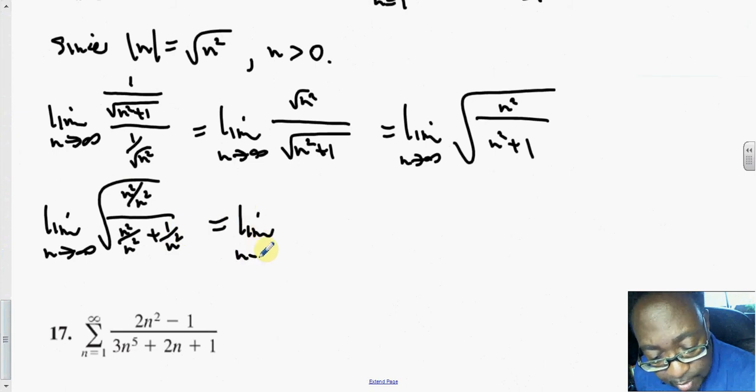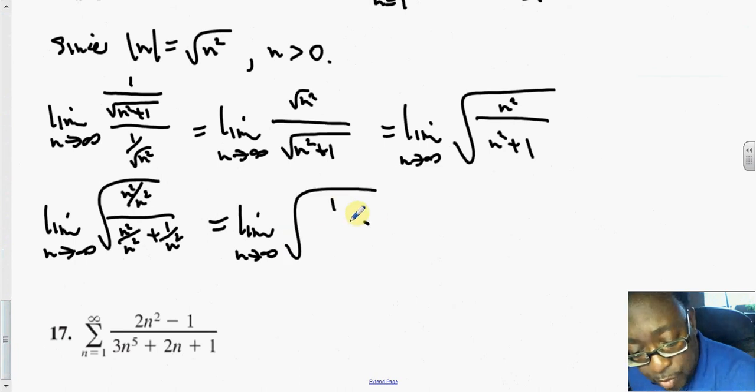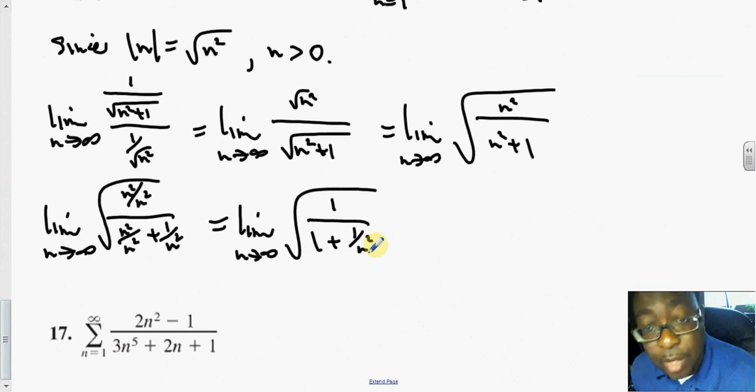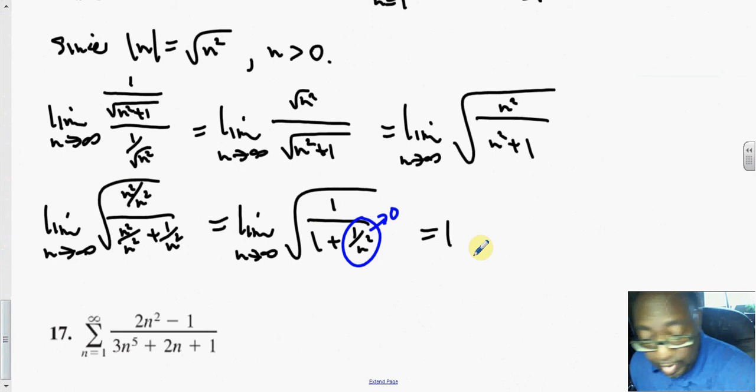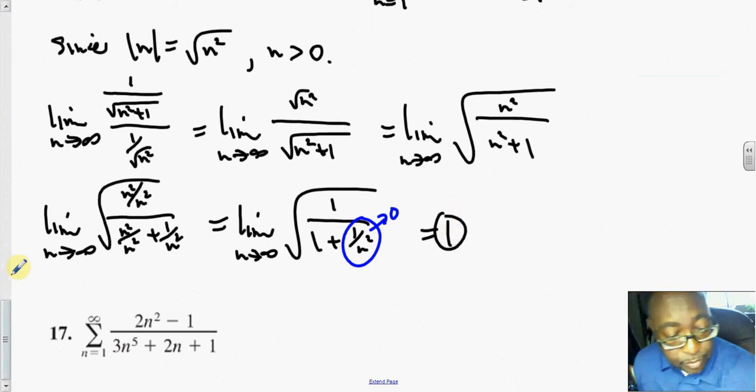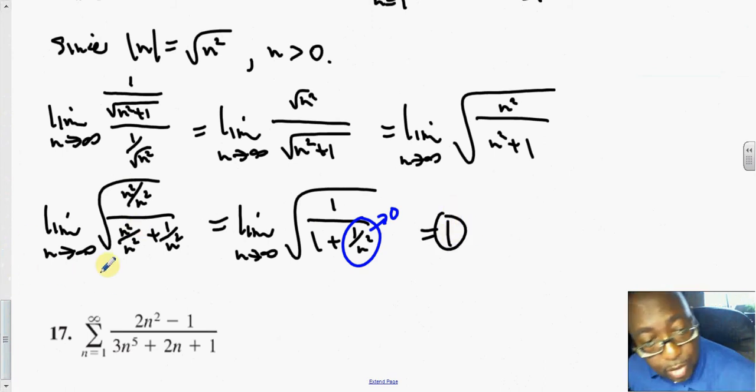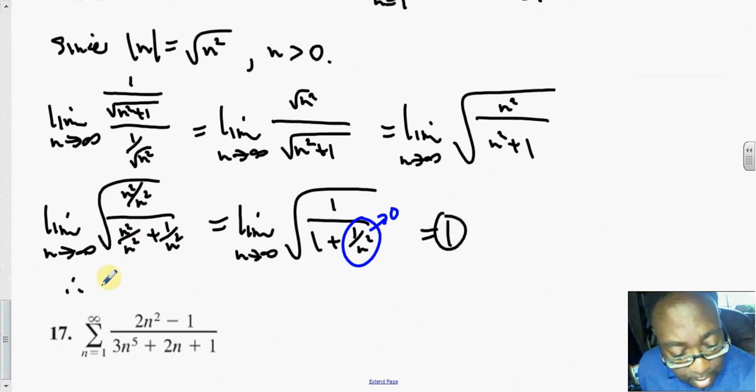It's the limit as n goes to infinity of the square root of 1 over 1 plus 1 over n squared. This limit of 1 over n squared, that little part there, goes to 0, and so the limit is equal to 1. Again, it's finite and positive, and so we conclude that